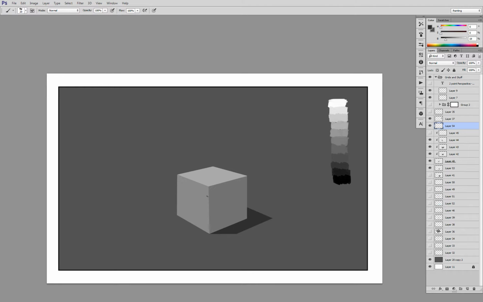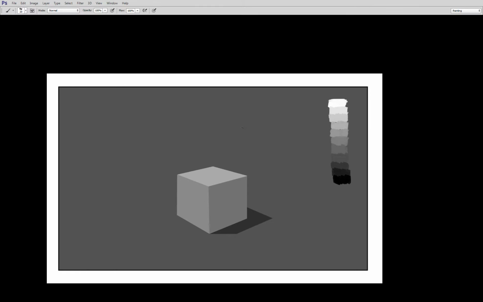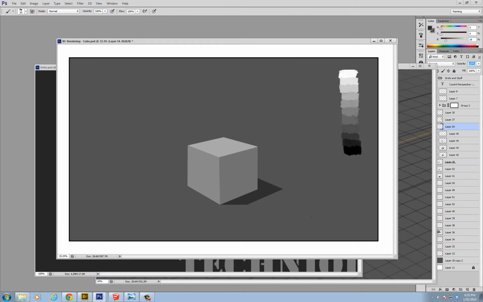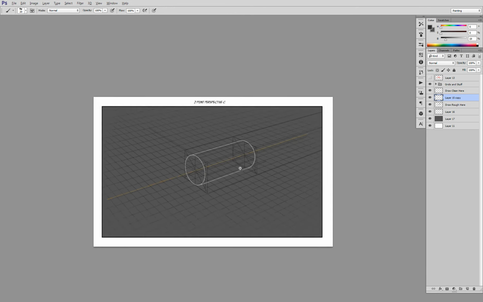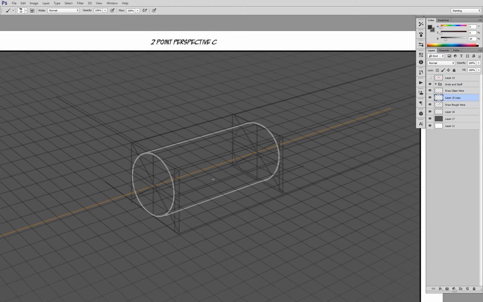That is often one of the differences, is that we are not considering the concept of core light. So we'll come back to this cube in a bit, but I just want to jump out and start to talk about the concept of reflected light and how it's really going to help us in general. And I think it's much easier to explain what's happening, and not just what's happening, but how reflected light is going to help us render things that are not cubes,